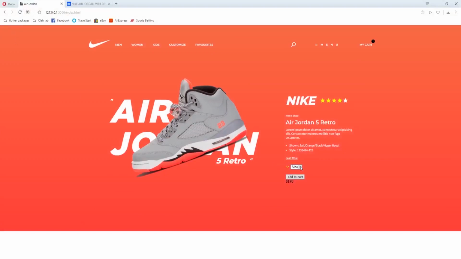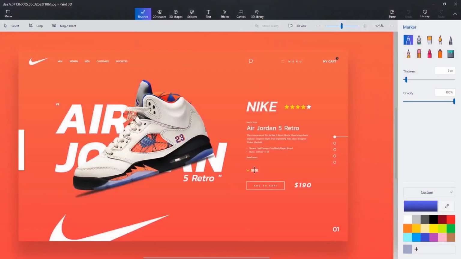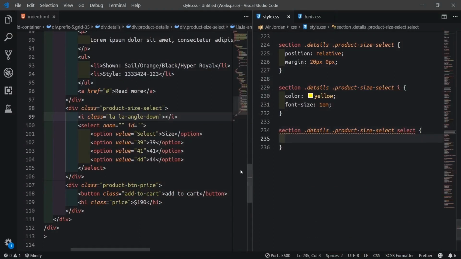Okay. So I'm going to work on this select. To make the select be like this, at least it could just stay like this, but when we click now, it could drop down. So what we'll do, I'll target the select here. Then we'll first give them padding.